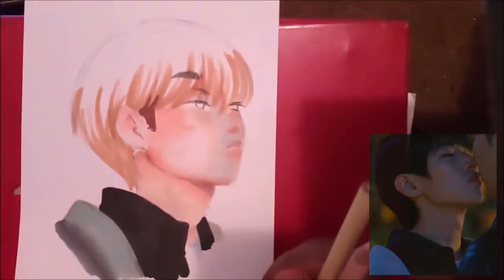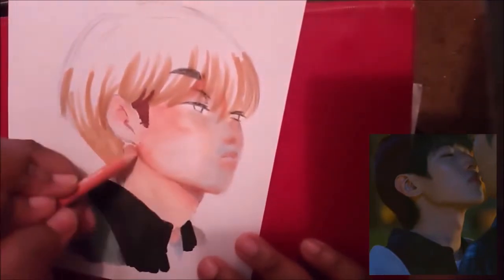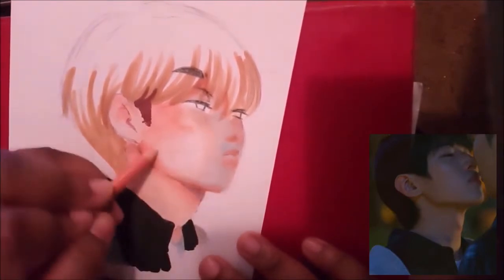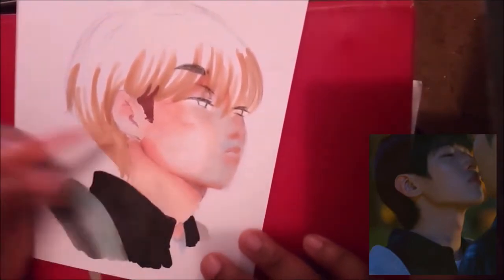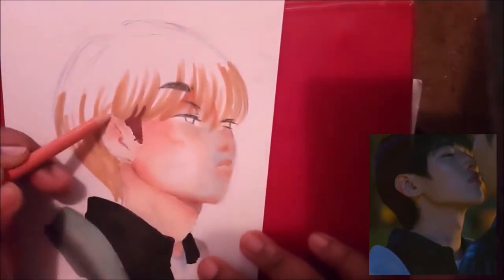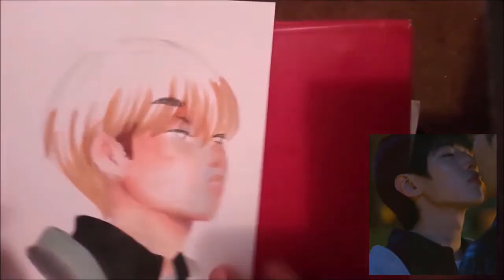And if this isn't a mixed media drawing for you, it's showing. Like, bruh, I just was like, I'm done. The marker's not giving me what I want, so colored pencil has to be the way I'm gonna go, because I just did not like this drawing at all, but I refuse to give up on it.